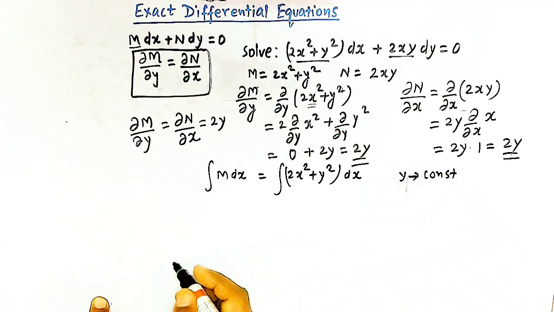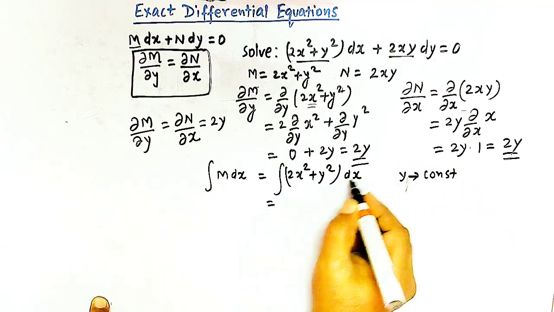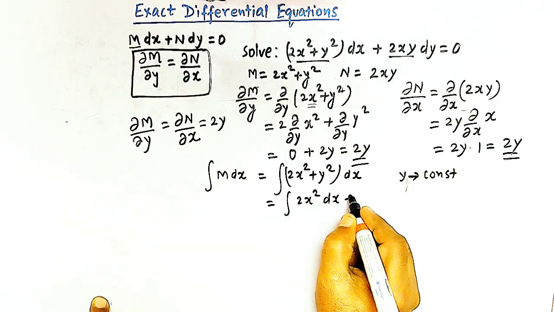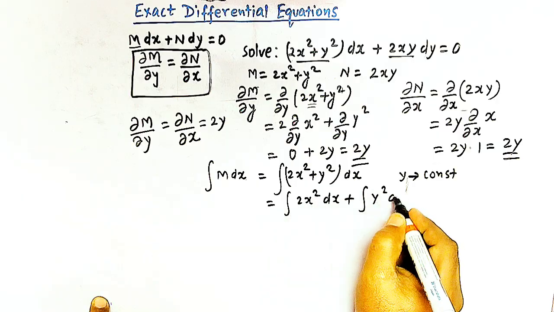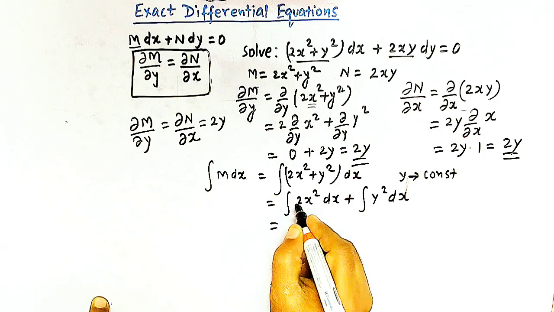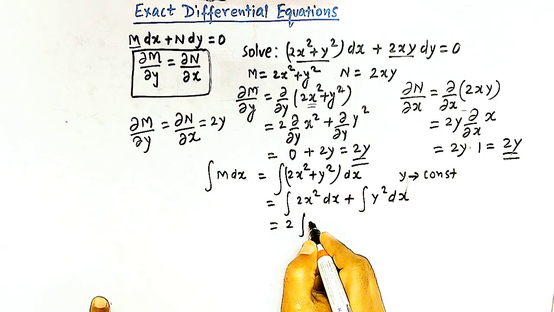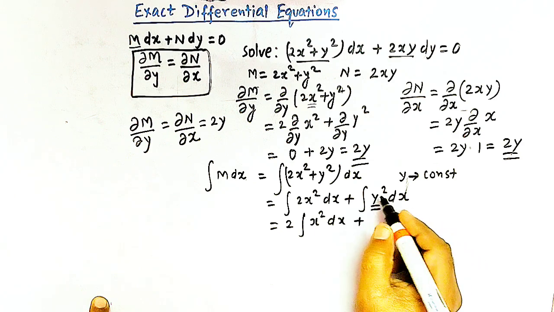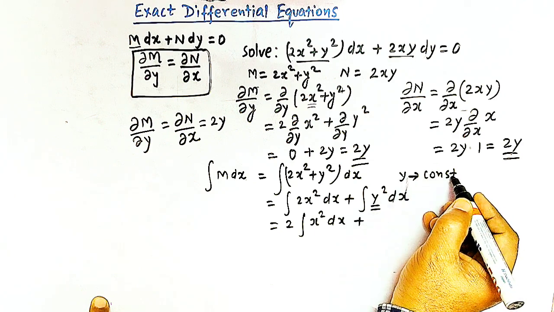So here we have now integral 2x square dx, and then we have integral y square dx, and here we can take 2 outside the integral, and since we are taking y as constant, we can